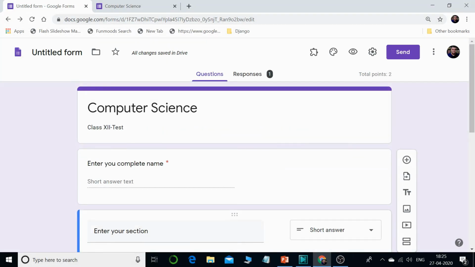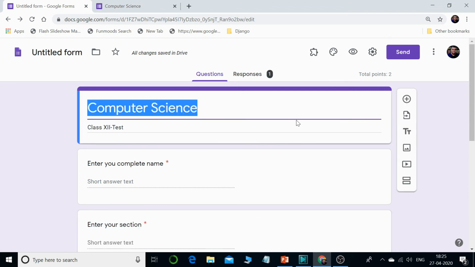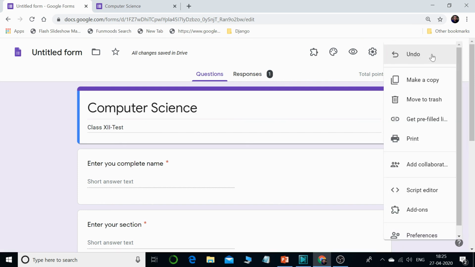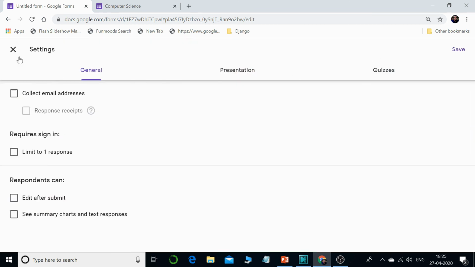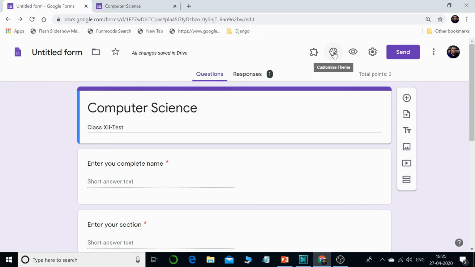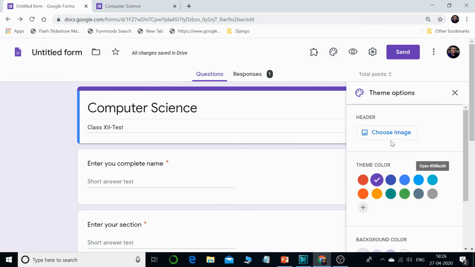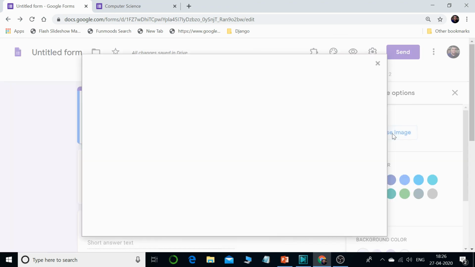So I will close this. Also, at the last I will show you how to add a header. If you are working for some school and you want the school header at the top, over here what you can do is click on this particular part. Okay, just a minute. Okay, that is the customize theme. I'm so sorry. You have to click on customize theme and then you can choose an image as the